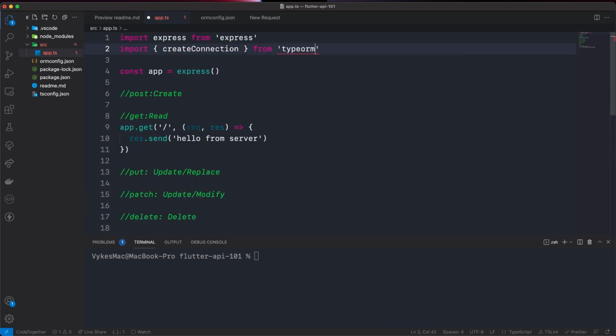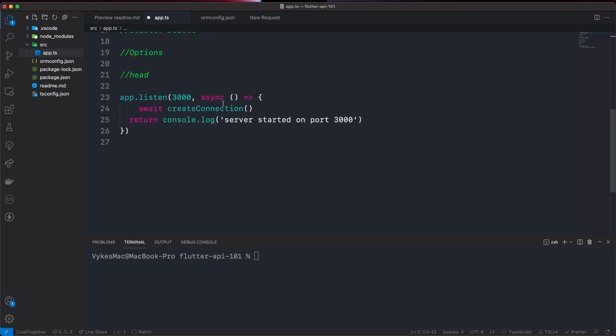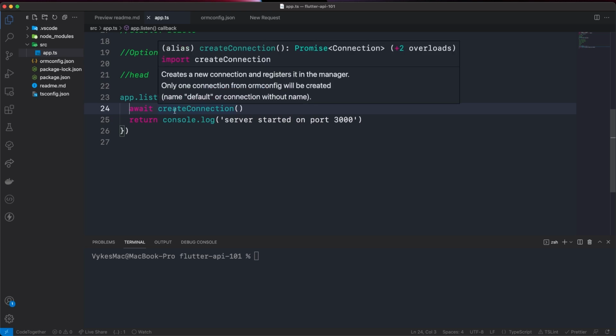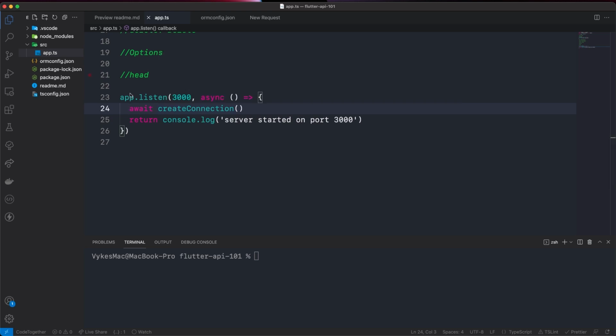This should come from TypeORM, not net. So you see, we create a connection there, which uses the ormconfig file